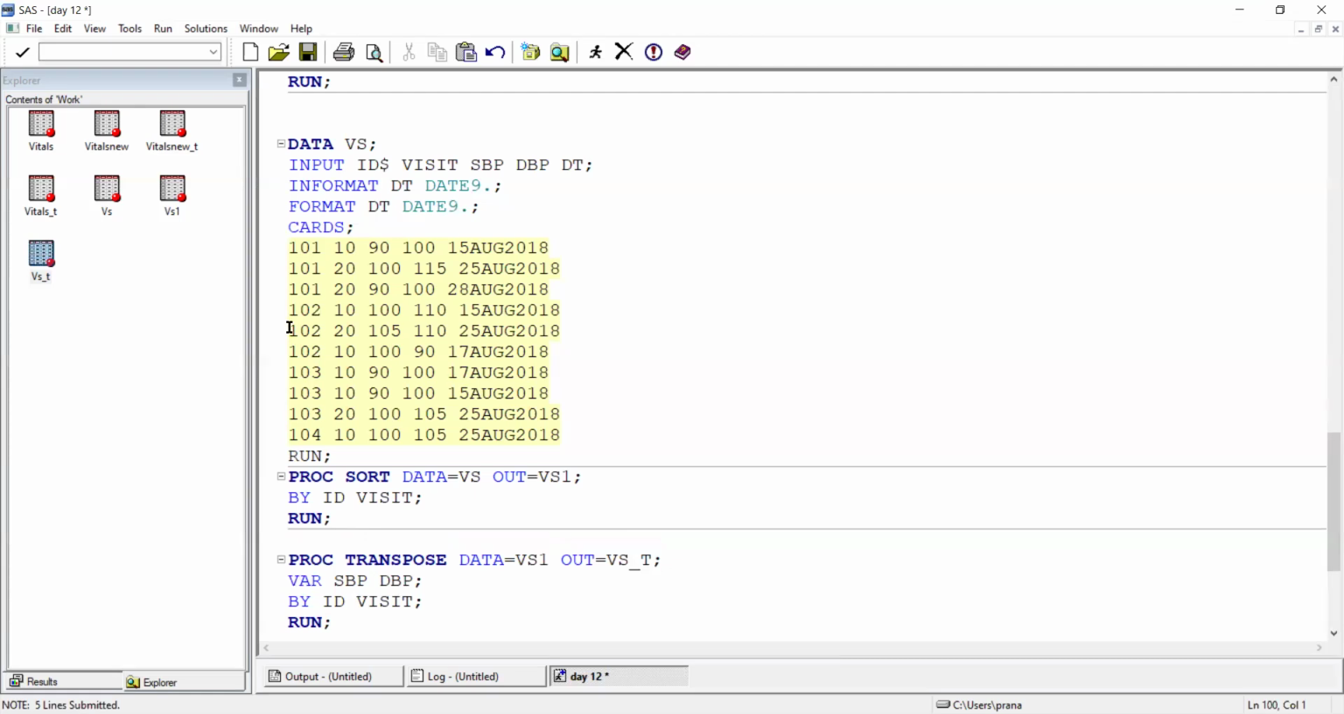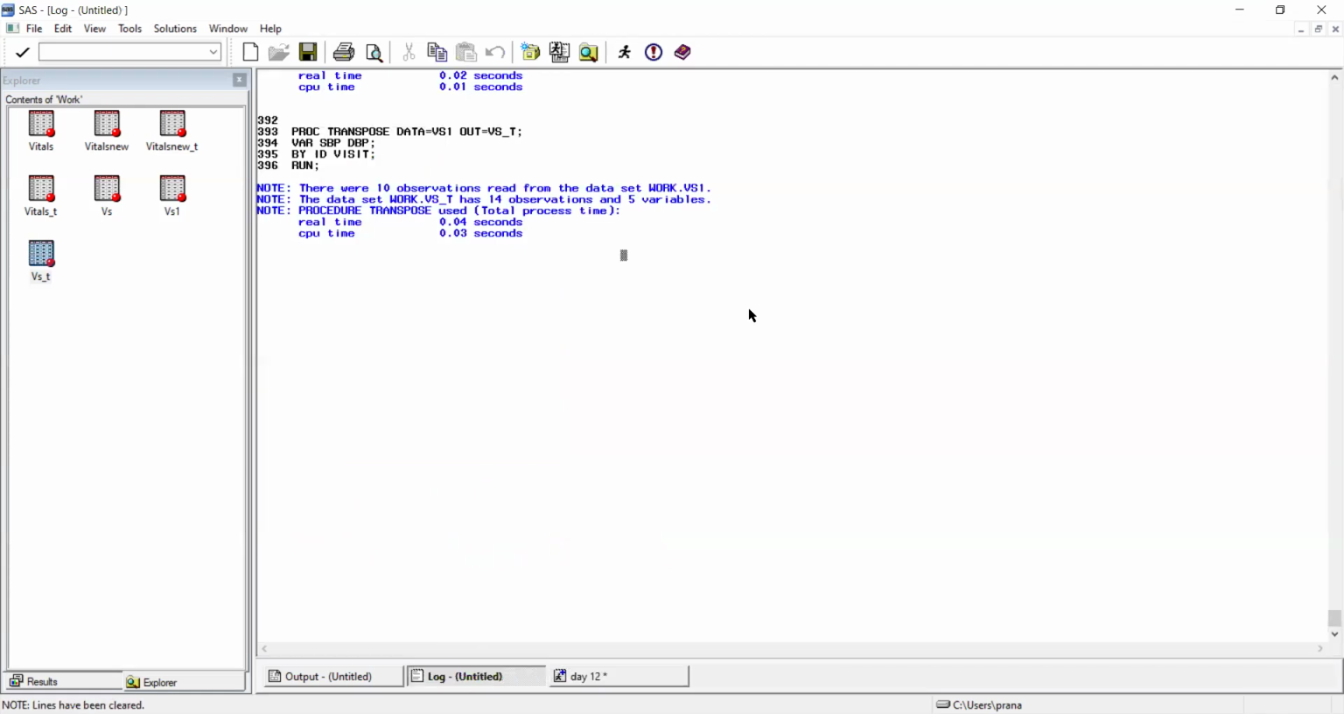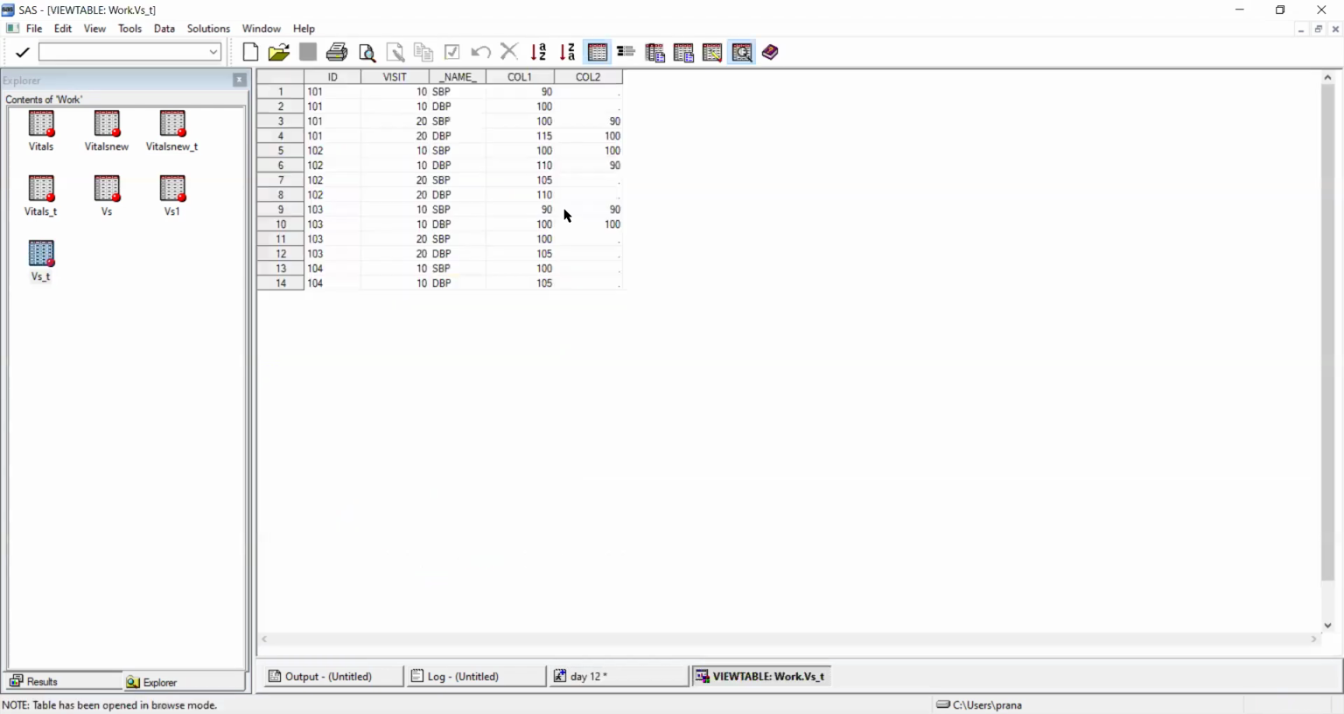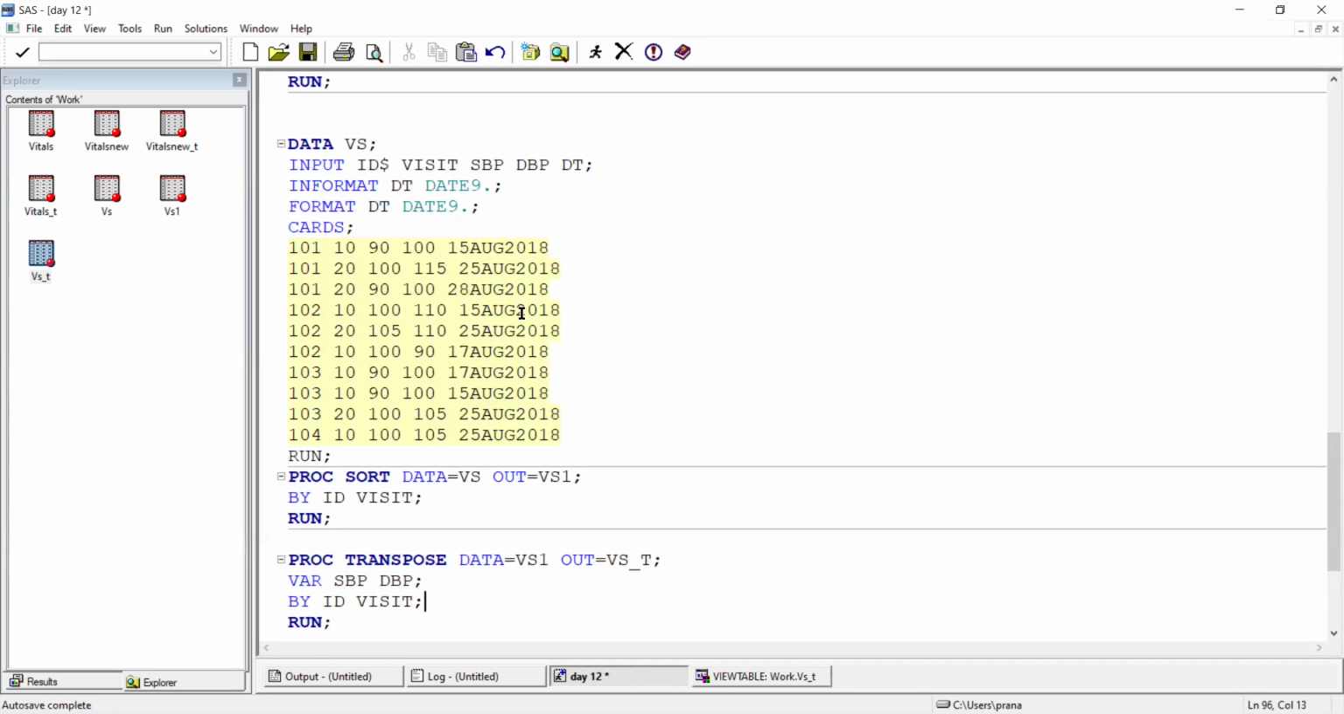You can see in the log we do not have any errors, but is the output data we got transposed correctly, or do we have any issues? We got here the result value as missing, but in our data set there are no missing result values. We got this because we have the